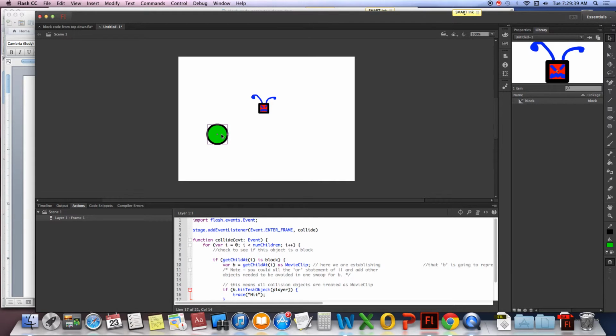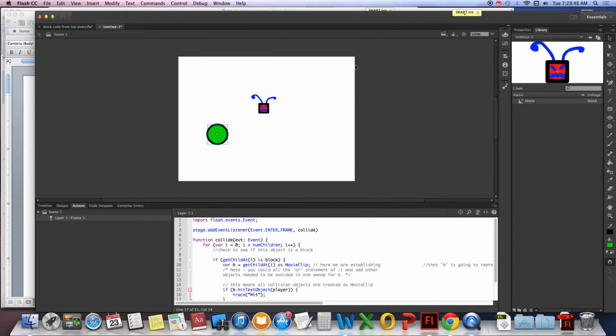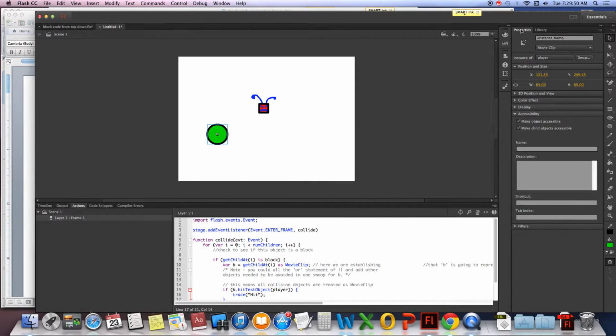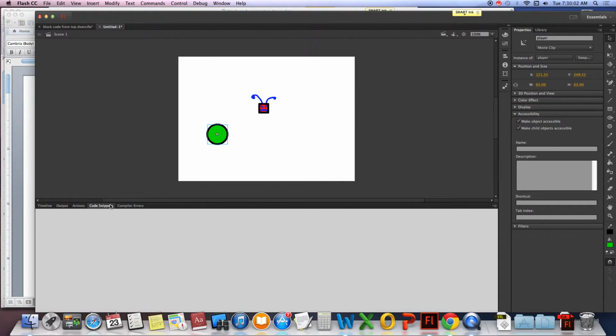Select it. Right click, convert to symbol. Player. Doesn't need to be exported for ActionScript because we're going to be controlling it manually. Go into properties. Give it an instance name of player, so that way it matches my code. And on we go. Now if I want to move this to code snippets,